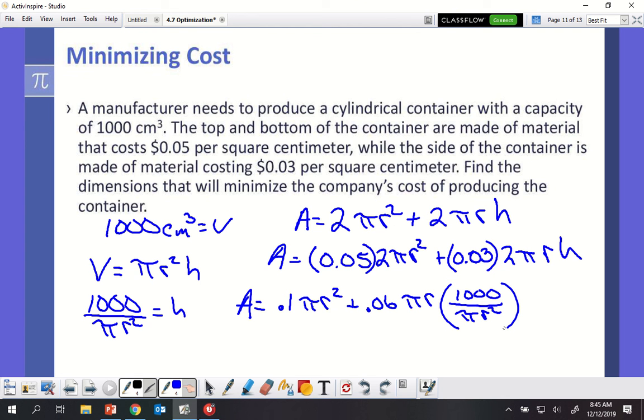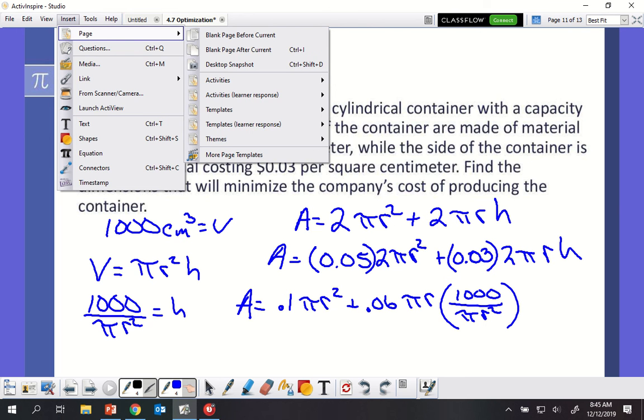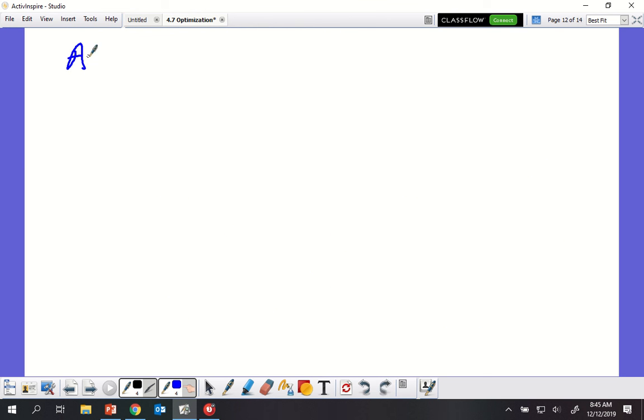Okay, so I'm going to take this over to another page so we could actually do the math. So help me with this page after. My area is equal to, was it 0.1 pi r squared, right? Plus,